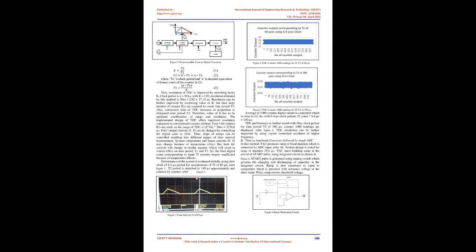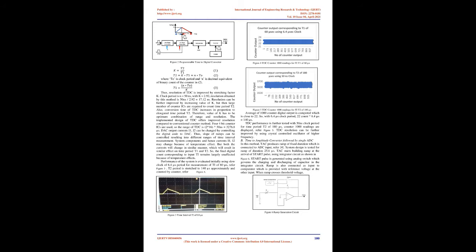Also, conversion time of the TDC increases in proportion to the elongated time period T2. Therefore, the value of K has to be an optimum combination of range and resolution. The implemented design of the TDC offers improved resolution compared to the conventional counter method. Four 4-bit counter ICs are used, so the range of the TDC is 2 to the power of 16, times 50 ns equals